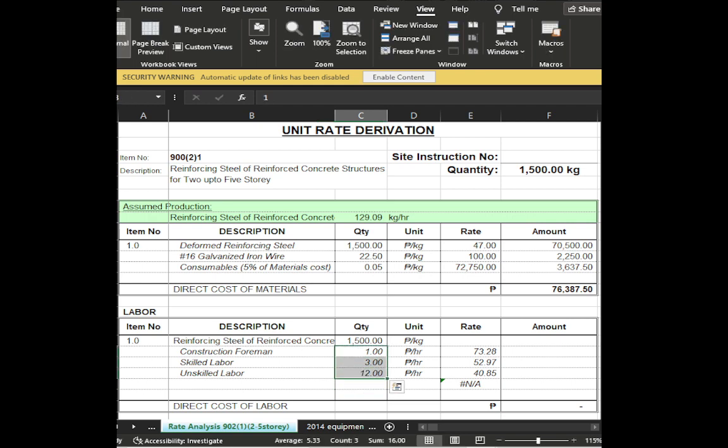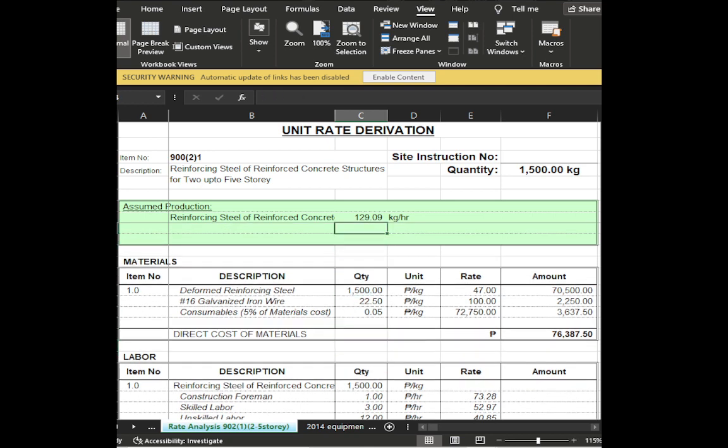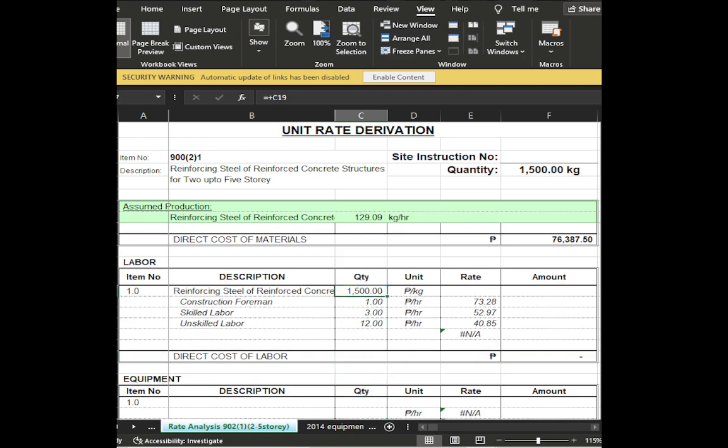This labor, guys, is the labor that we are going to use so that we can get to our assumed production, which is 129.09 kilogram per hour. So this, guys, we will just remove that one. Then we have to convert it to piso per kilogram so that we can get the amount of reinforcing steel for 1,500 kilogram. Okay, so some product